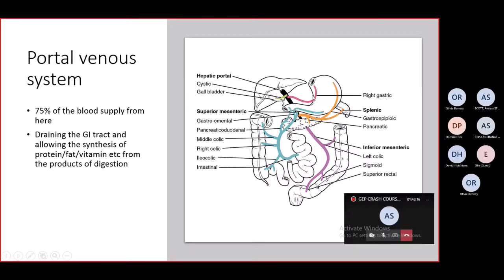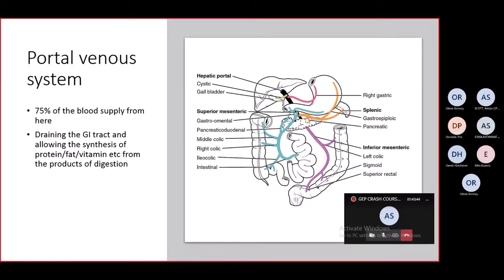And what that means is that if you get hypertension in this system, so if you get a build-up of pressure, then those esophageal veins are going to enlarge and they're going to form varices, which I think also appeared in your case with Michelle Ramsey, which is basically really, really dodgy because they can bleed quite badly and they can cause vomiting of blood, or they can cause melena, and you can actually get quite anemic from bleeding from